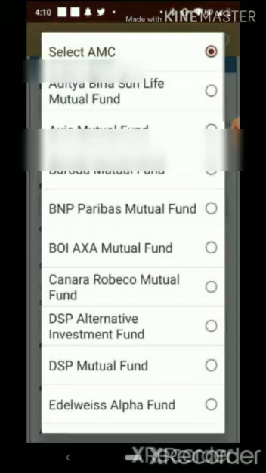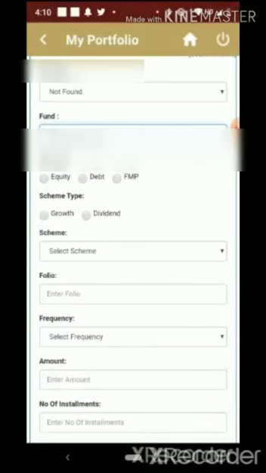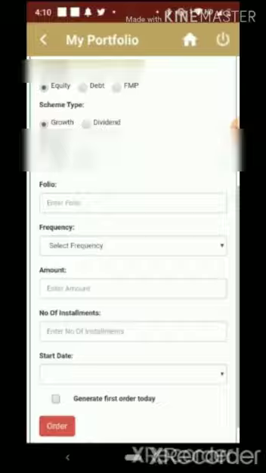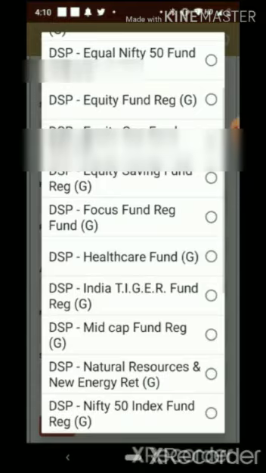Then you have to select the fund name, like I am selecting DSP mutual fund. Then you have to select equity or debt category, and you have to select scheme type, growth or dividend. I am selecting equity, scheme type growth. Then you have to select the fund, like I am selecting DSP healthcare fund.